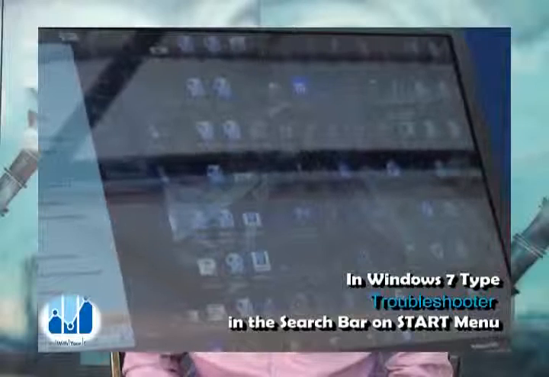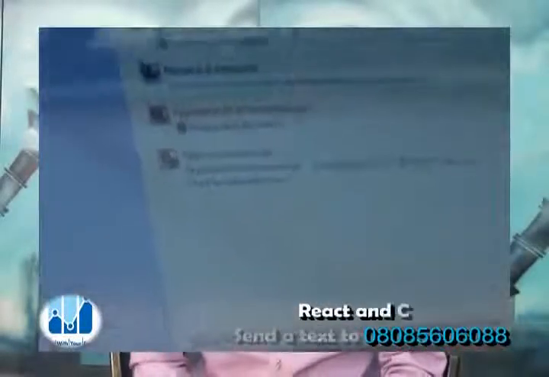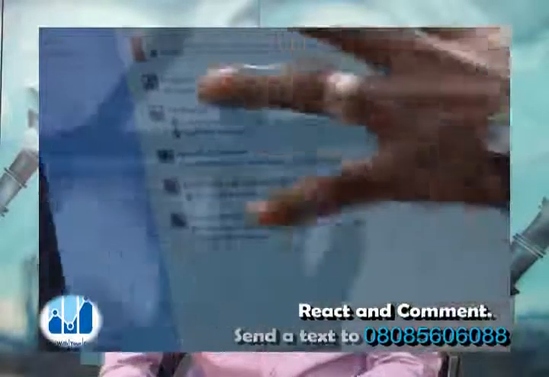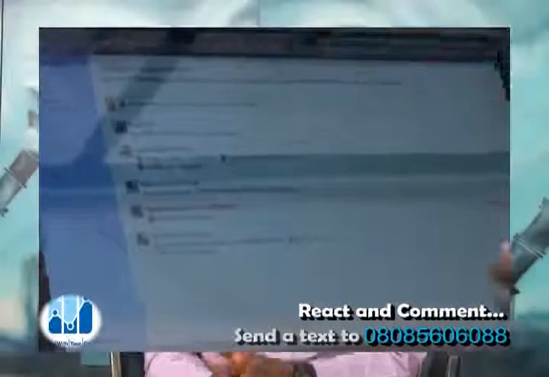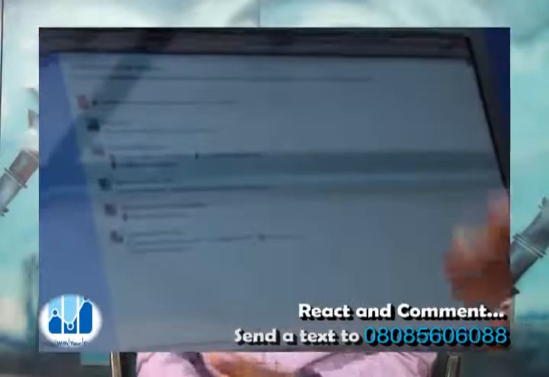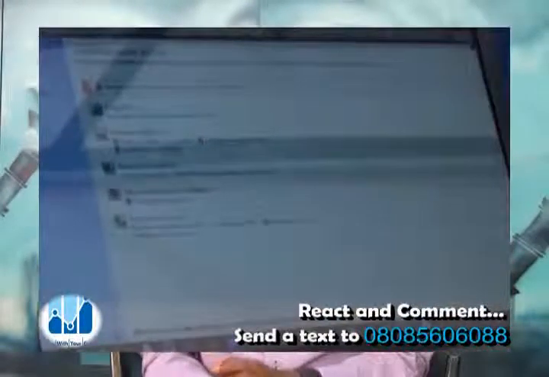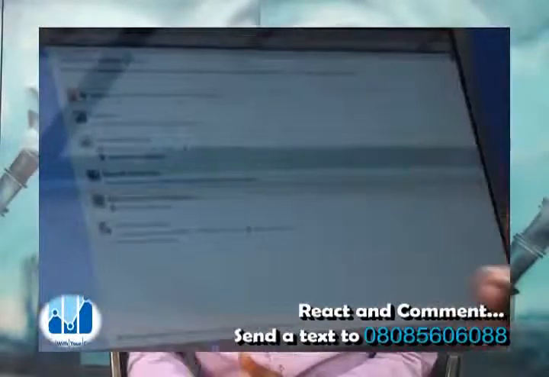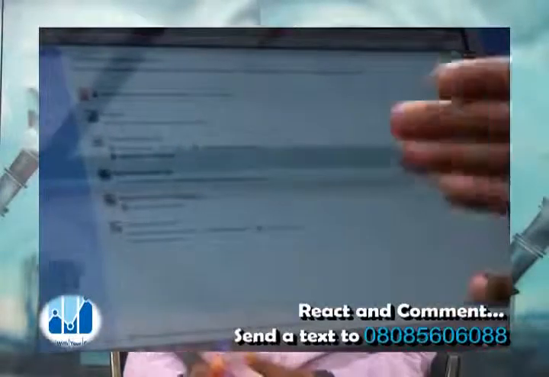Troubleshooter. Then I hit enter. Now, can you see? These are different things you can troubleshoot. You can troubleshoot programs. You can troubleshoot hardware and sound. You can troubleshoot network and internet connectivity. You can troubleshoot appearance and personalization. You can troubleshoot system and security. But our concern now is more at troubleshooting